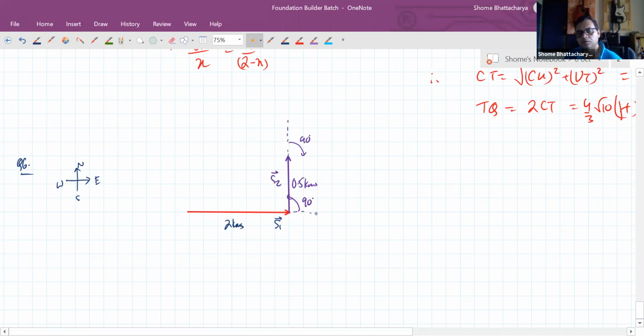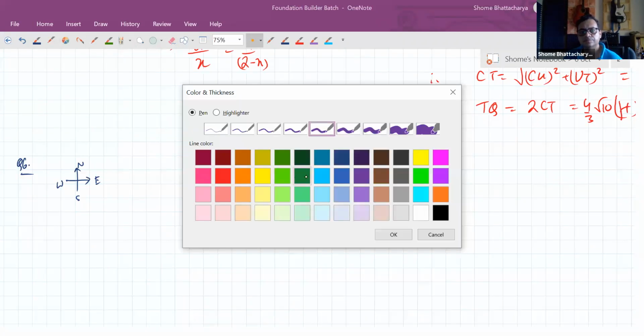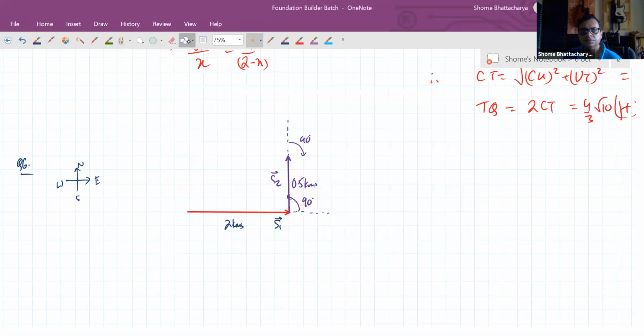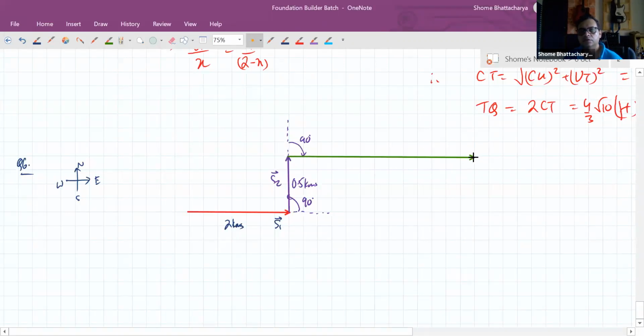Okay, and ends up making the third displacement. Let's say we're showing it like this, and now that third displacement is of 4 kilometers. So it's quite a bit longer like this. Let's see. 4 kilometers. Okay, so now we have to find the net displacement, the magnitude of the net displacement.